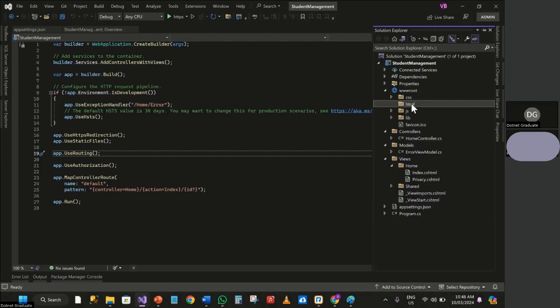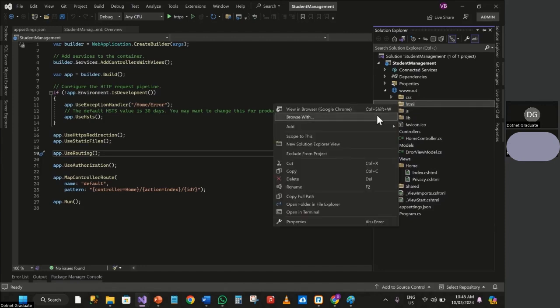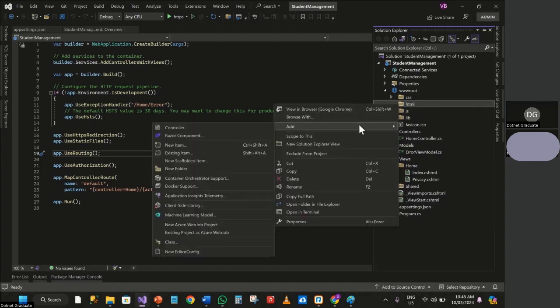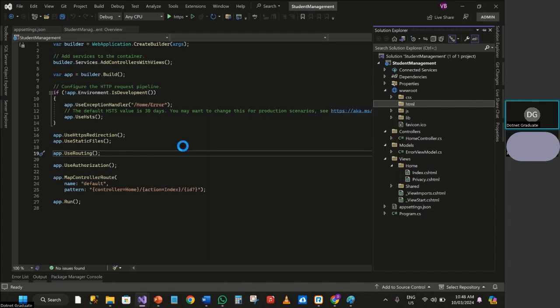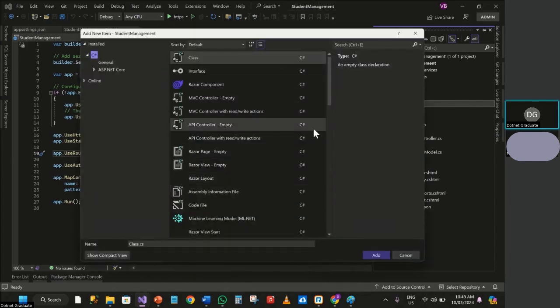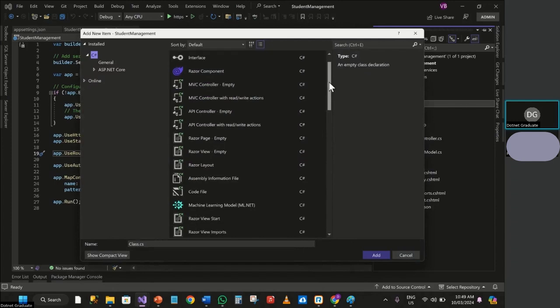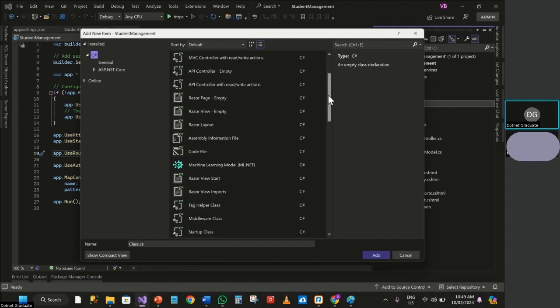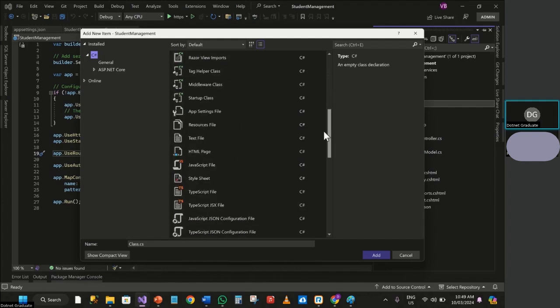Under that, I just put one. You can right click on it, and then there is Add. By default many things are coming, controller or browser component, all that. But now we are going to add HTML. So you can click on New Item, and you can see a lot of varieties here. These are all the different files you can add. But currently we are targeting HTML. So let's look for